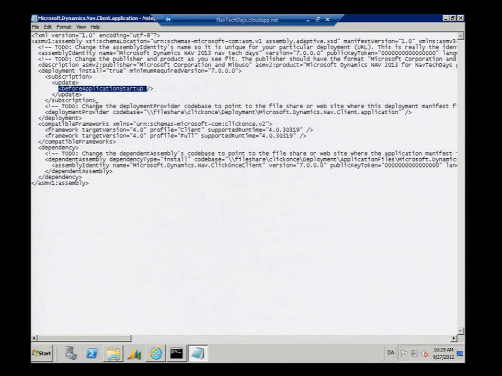Where should it check for updates? Well, it should actually point to this very file. And where did we deploy this file? On the Azure VM, this port, and in the folder deployment, and the name of this file.